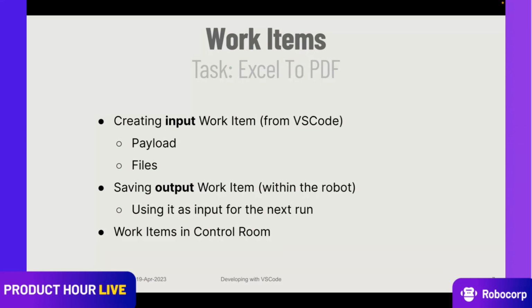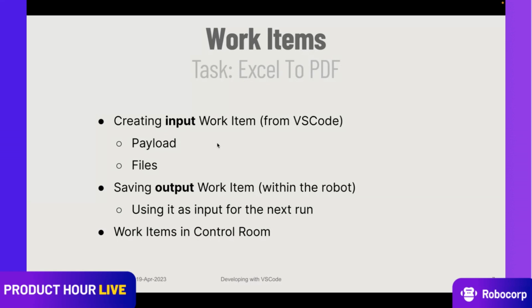You can see these work items as like a pipeline. Like you have a pipeline where there's a package coming in. Your bot processes it, and then maybe it produces an output that becomes an input for the next bot, which may produce an output or not. That becomes an input for the next one, and so on and so forth. These are like small packages with data. In reality, they are just JSON structures containing data that you can input, including files.